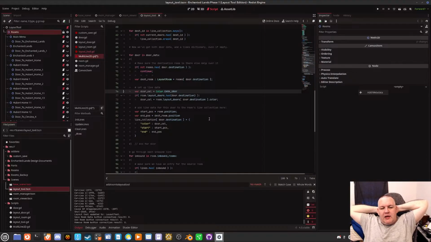So maybe I have to use the layout door thing. Might have to link it to the actual layout doors, which is fine, but